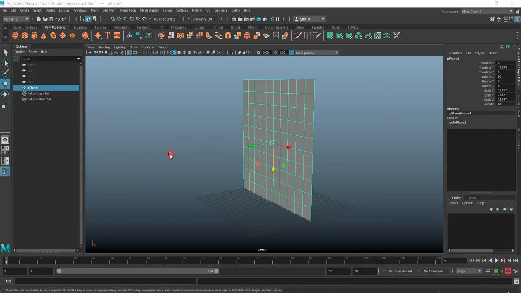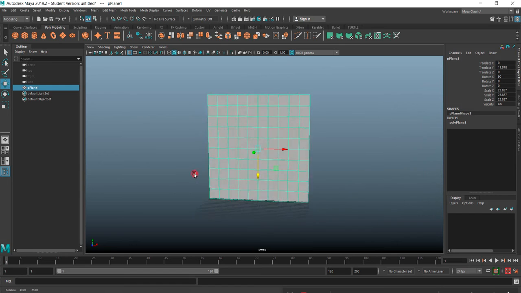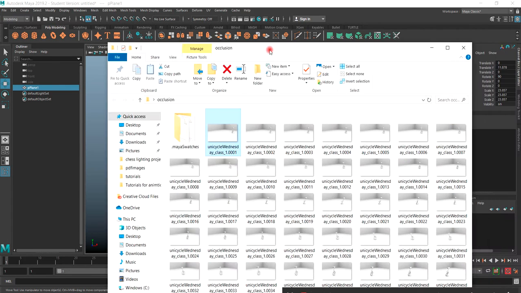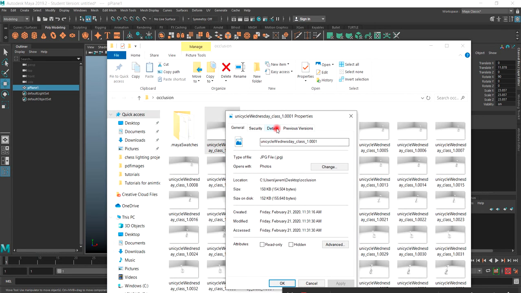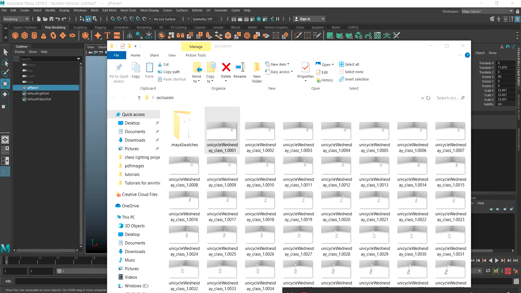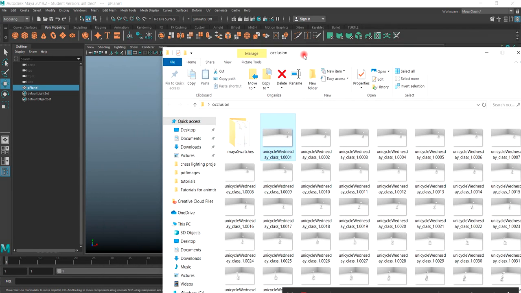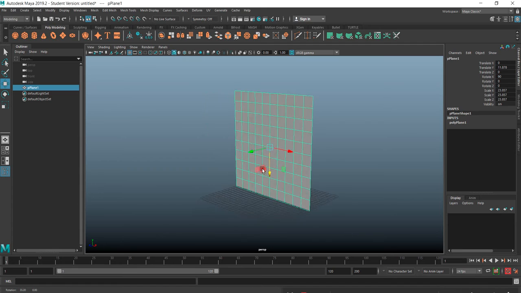You just need to make sure to organize where everything is at. Say if I were copying a walk cycle to this, and I wanted to trace it or see it play in the background. Now these images, if I look at them, are 960 by 540, so they're like a 1280 by 720, 16 by 9 ratio. I'm not really worried about that with this, so I'm just going to add that file to this movie here